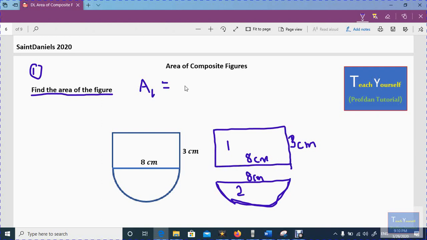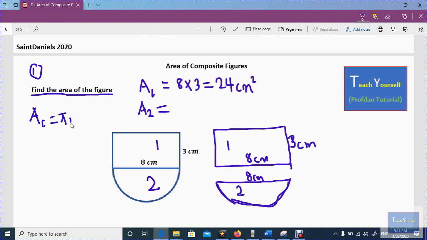The width. So I can have 8 times 3, and that gives me 24. The unit, in this case centimeter times centimeter, gives centimeter squared. So I also have to find the area of the second figure, which is a semicircle. Okay, a semicircle. So area of a circle, you recall that the area of a circle is pi radius